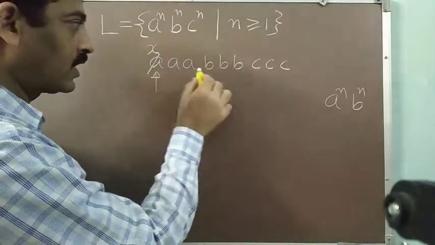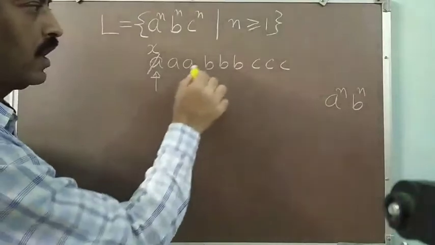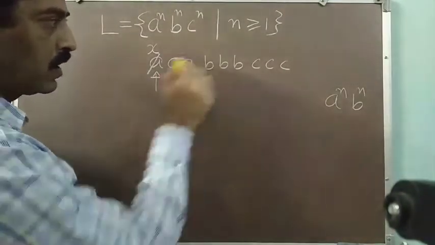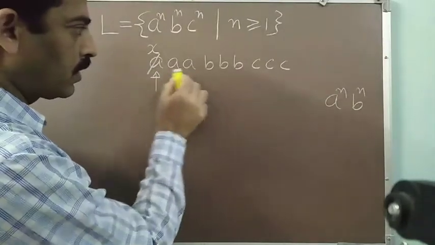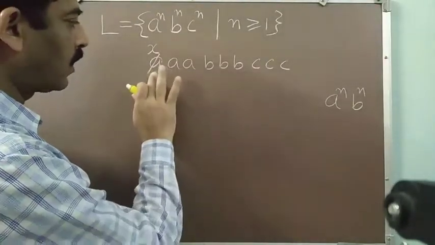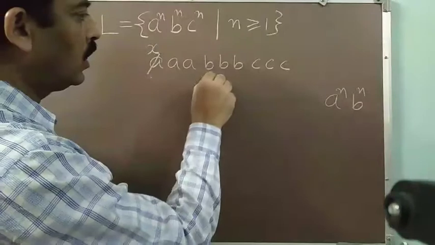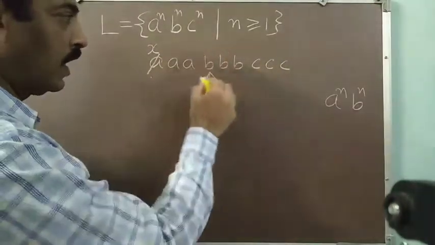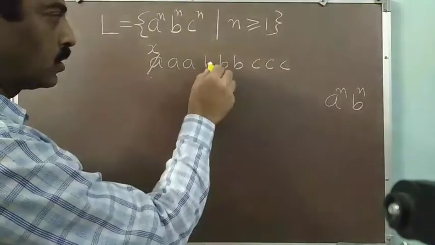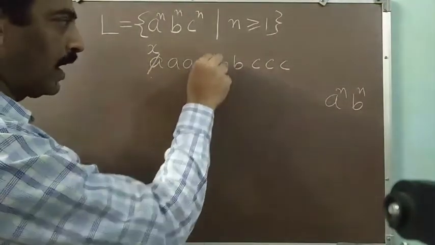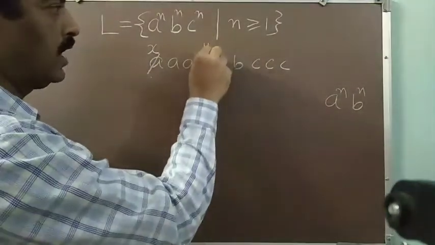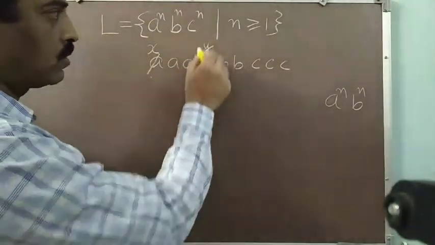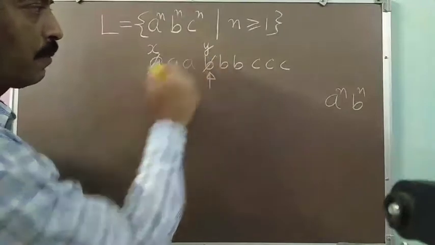So I will skip everything which comes in between and try to find the first B in the string. The first B in the string is here. Whatsoever comes in between, I will skip it. I will move towards the right and reach this first B. When I find this B, it corresponds to this A, so I will match it and process it by changing it to the symbol Y. So I have changed this B to the symbol Y and I have processed this B.